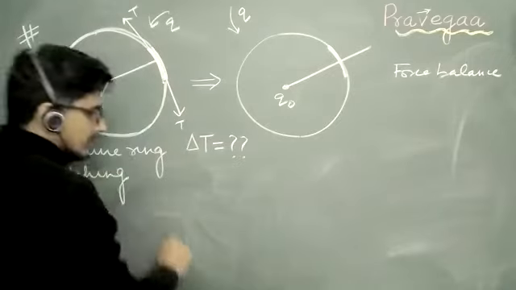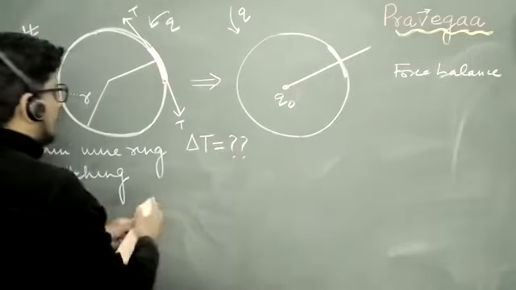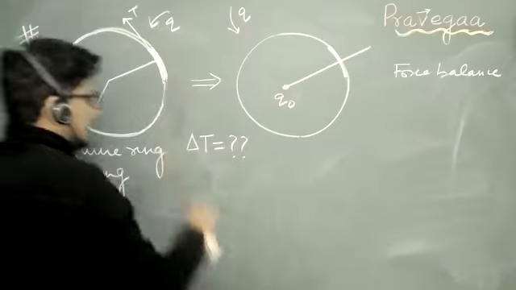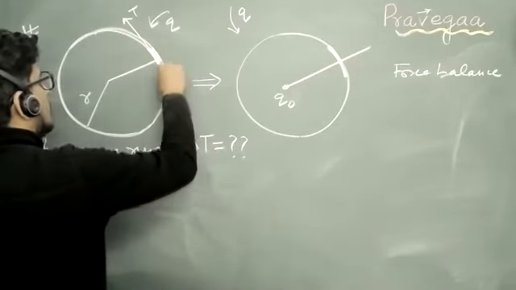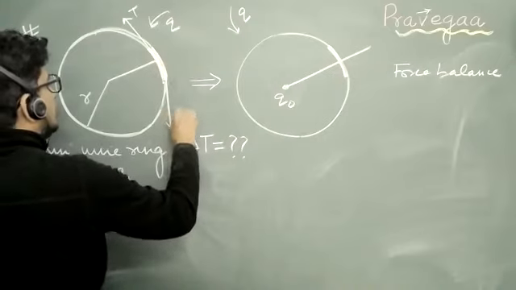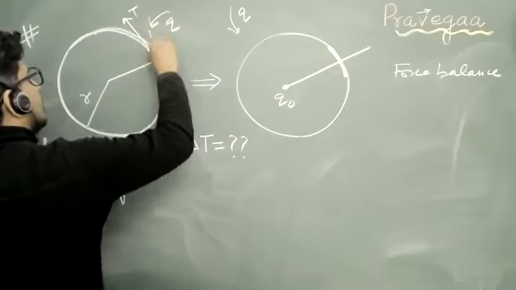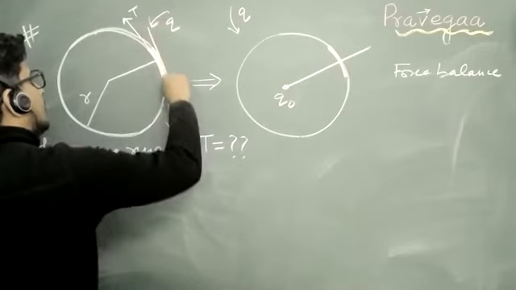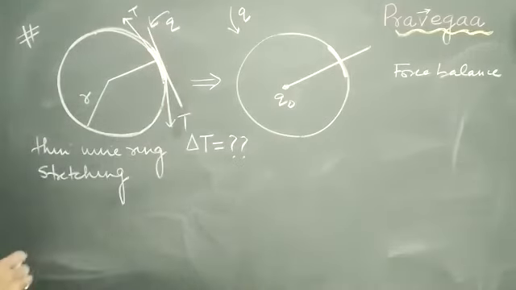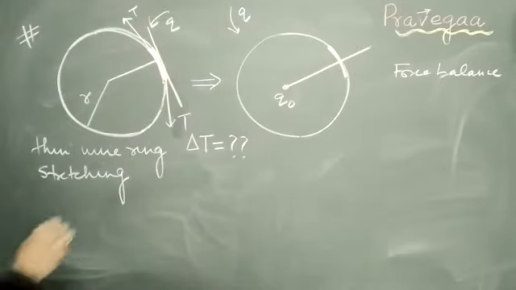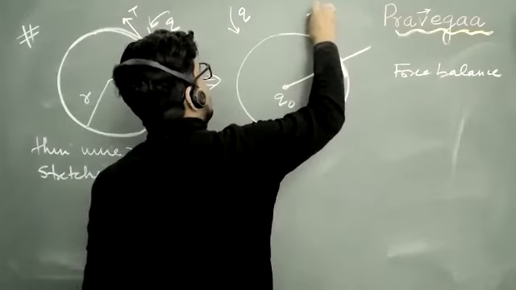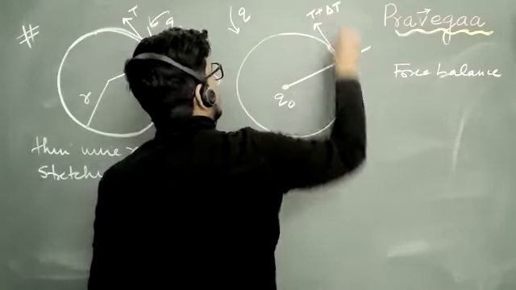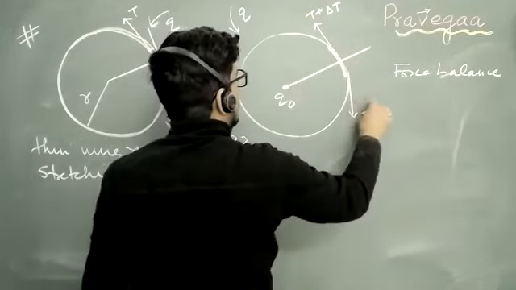I think I have made this a little wrong. I can just stretch it a little bit along this, just to show you. So this is okay now? And this will be a line that will be touching it at a certain point. Is that okay? And once you place it, then you can say it will become T plus delta T, right?